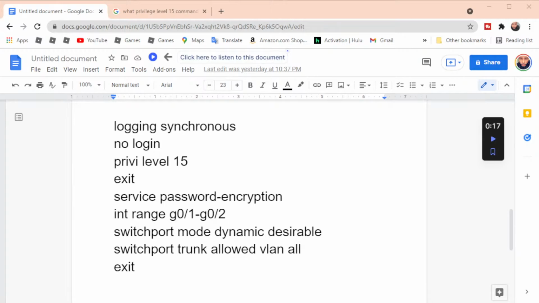Password. Service password encryption. So that's to encrypt our password. Now we're gonna do